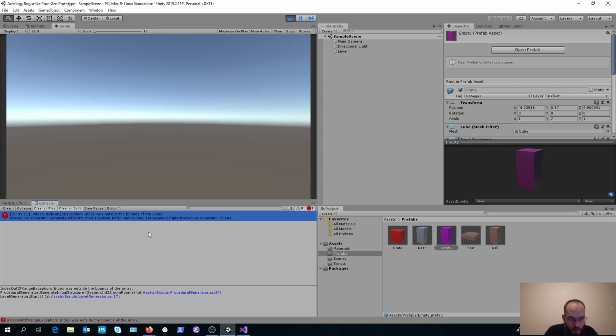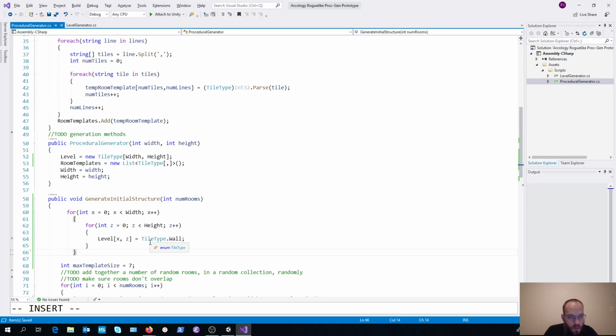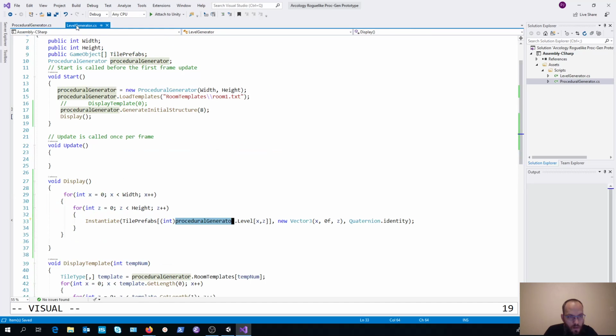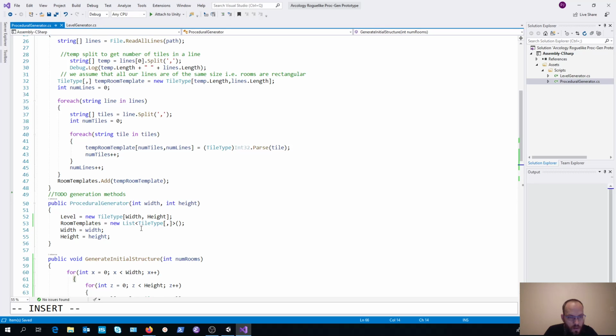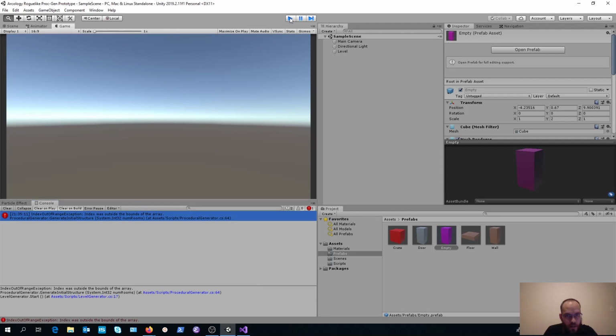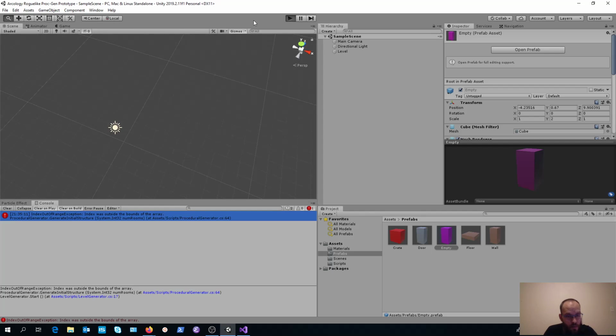And next, out of bounds of the array. It's a bit of a beginner mistake over there, but we weren't actually initializing the size of the array properly.